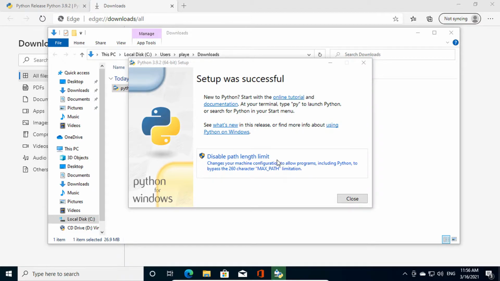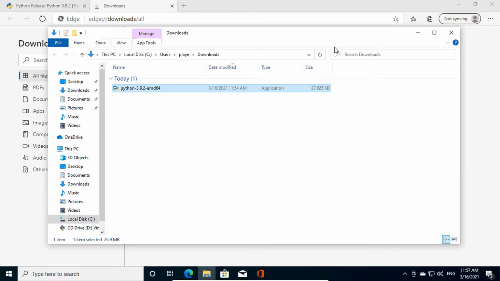What this means is sometimes when there is a long file name, it's hard to configure the path of that file, so we can disable it by clicking on this. And now the Python compiler has been successfully installed.